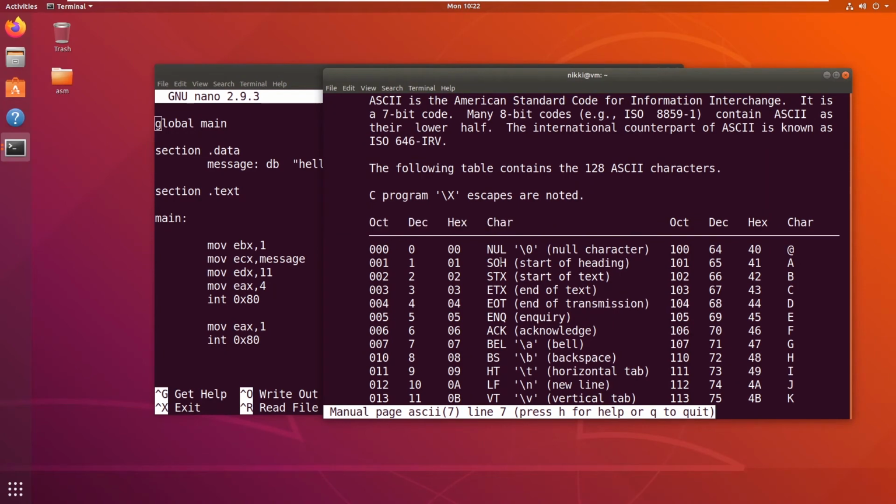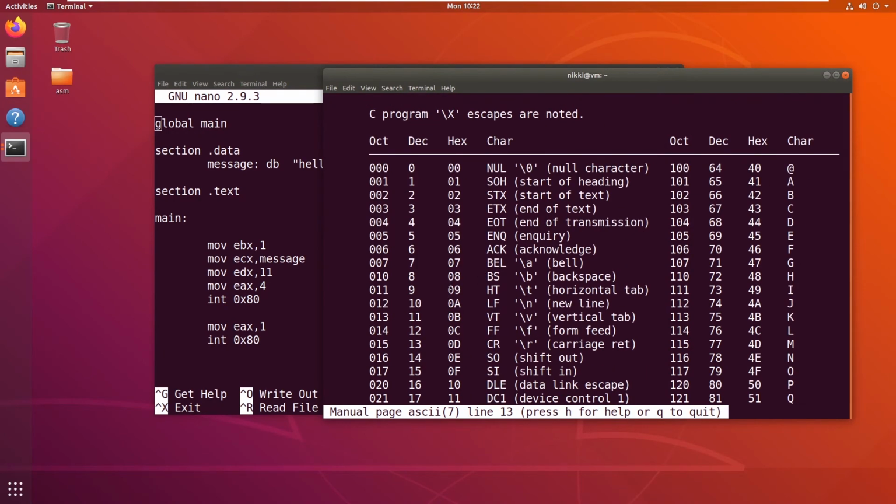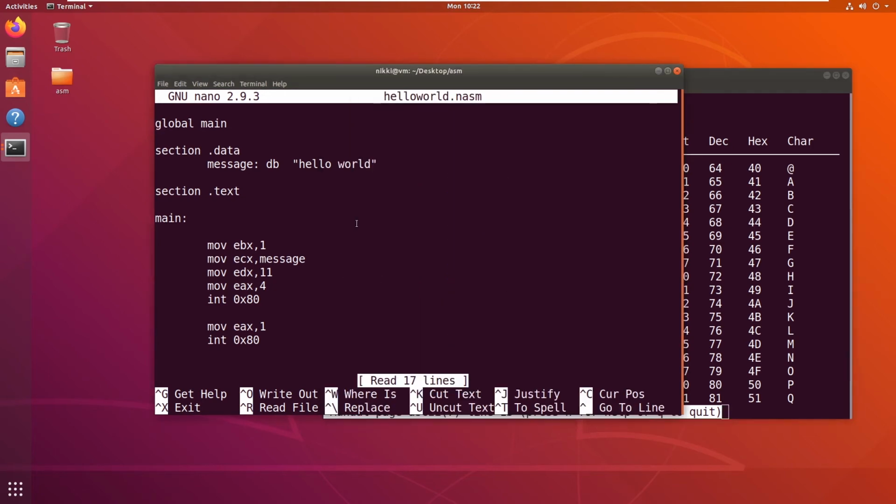As you can see, hex character, and 0a is new line. It's line feed and it creates a new line. Now what I'm going to do is I put the comma and say 0xa.